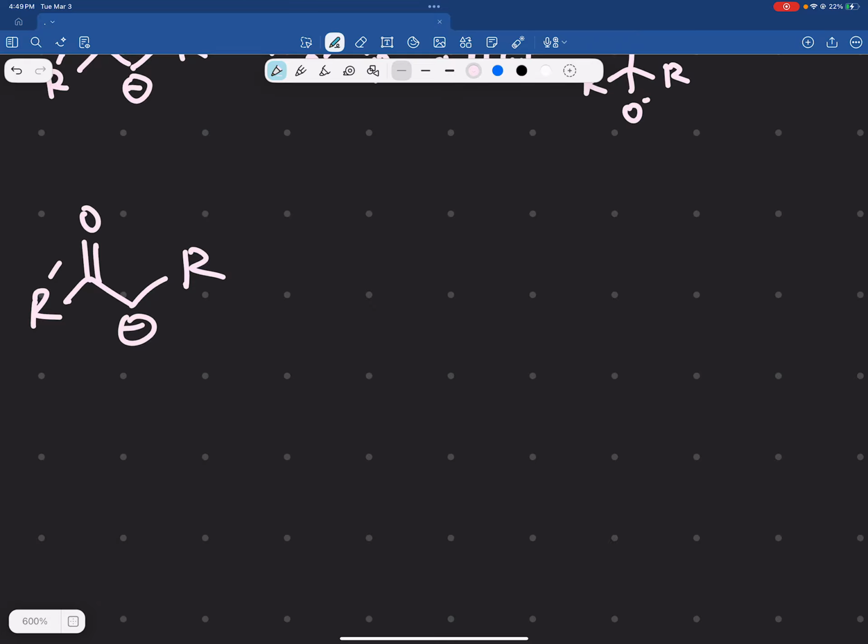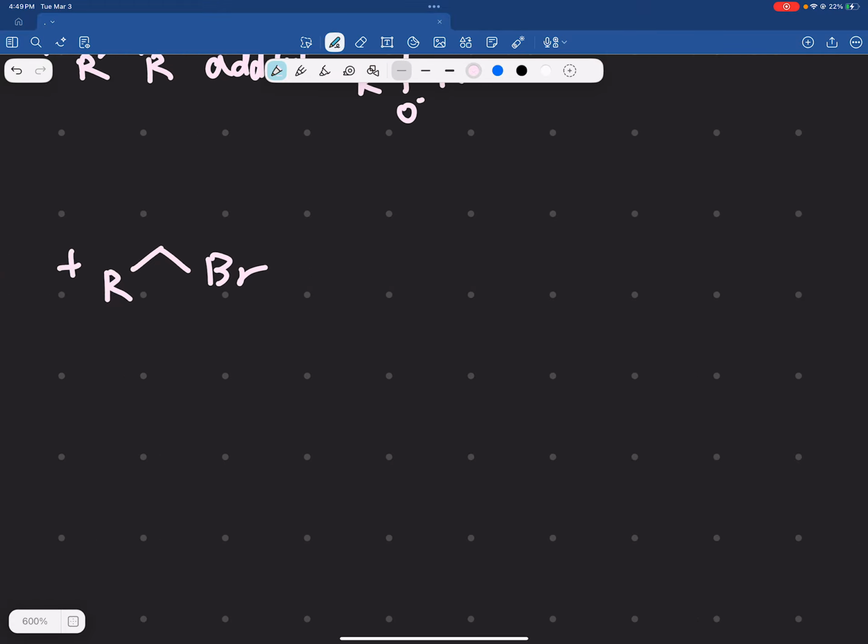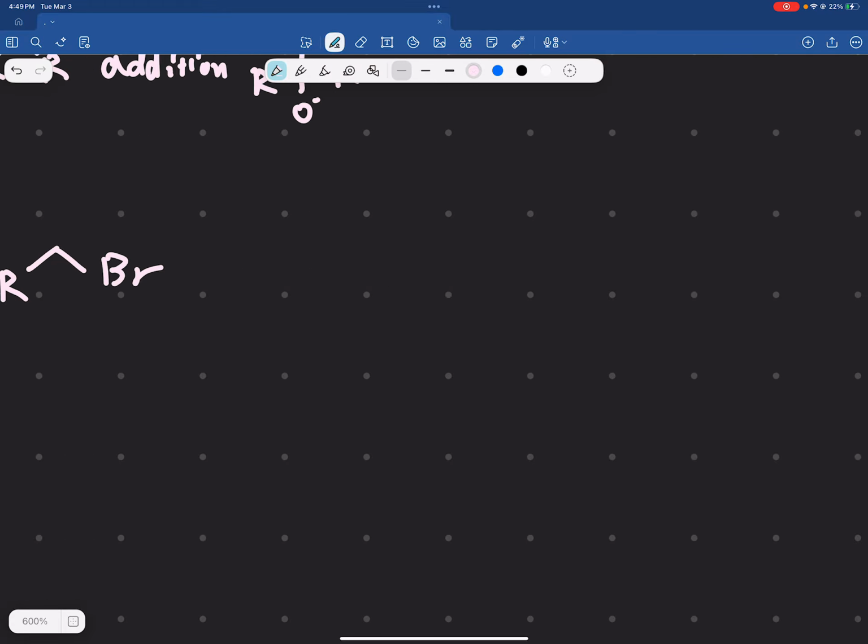This enolate can react either at this oxygen or at this carbon. So if we have a compound here, this can react either at the oxygen, which will form a vinyl ether,